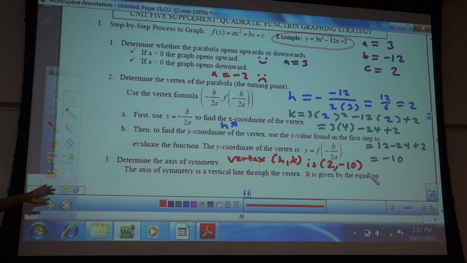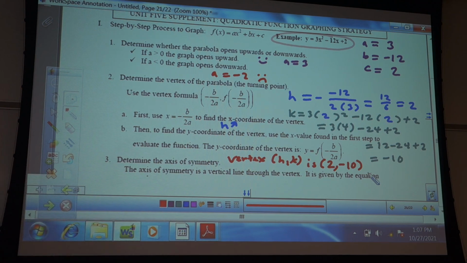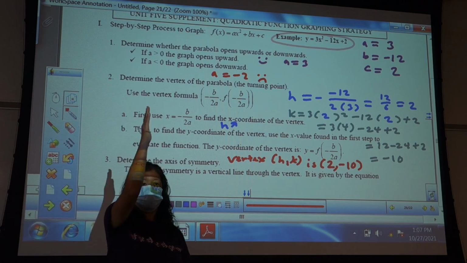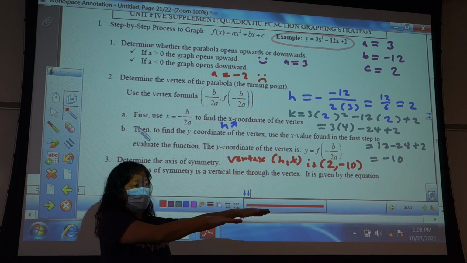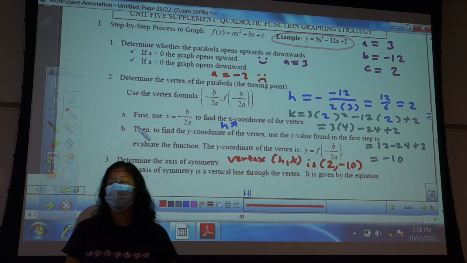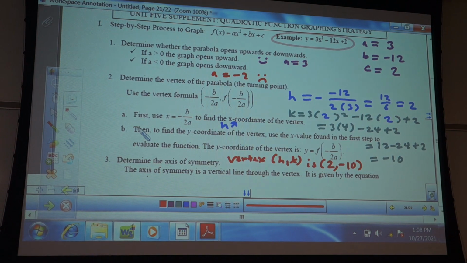Determine the axis of symmetry. That's a vertical line through the vertex. Since it goes through the vertex, is it this way or this way? Up and down. Because remember, this is like the horizon. The horizon goes like this, so it's the other one, the up and down. Since it cuts straight through the vertex, then it's going to go straight through the